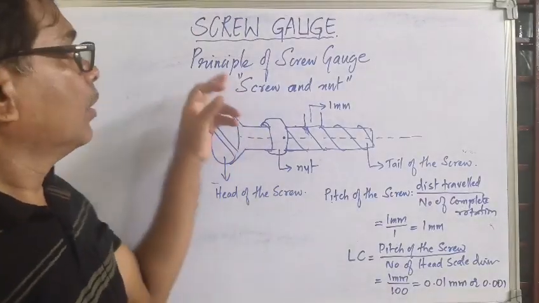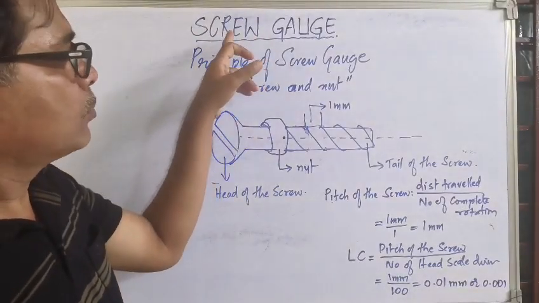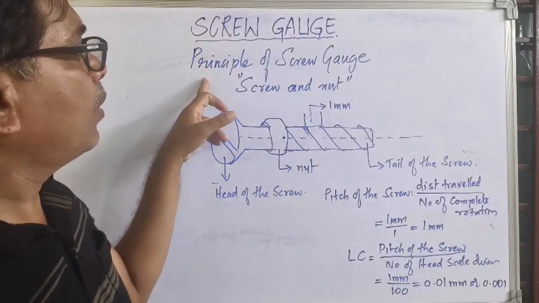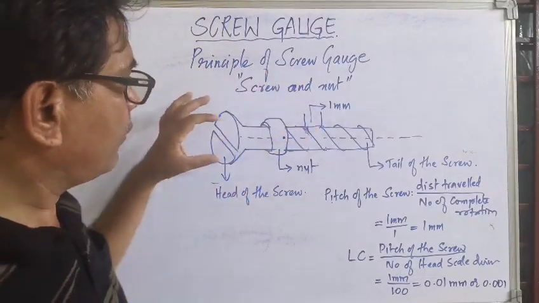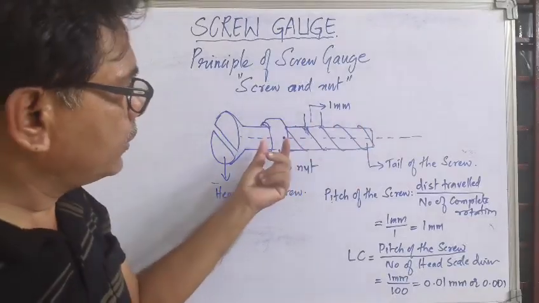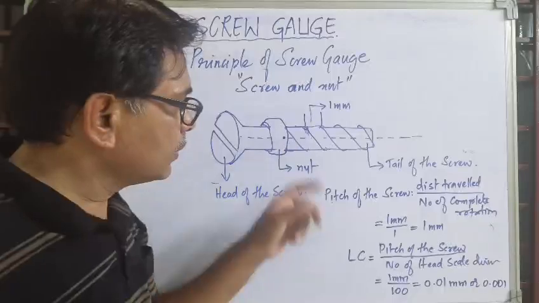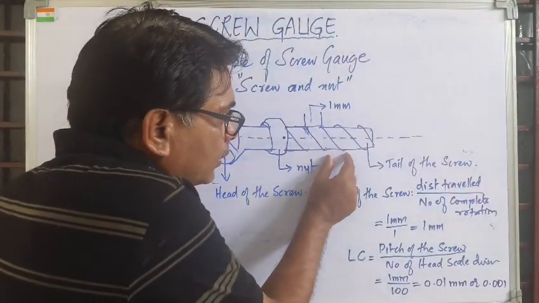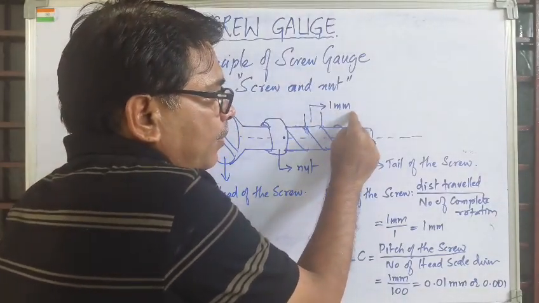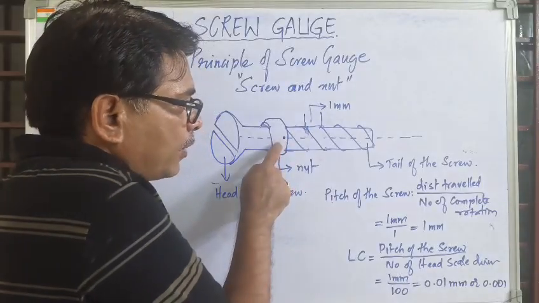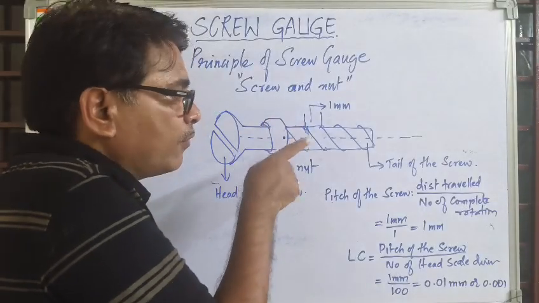So the screw gauge works on the principle of screw and nut. I have drawn a screw. This is a screw and this is a nut. These are called helical threads. The distance between two helical threads will be 1 mm. If you turn the nut for one complete rotation,